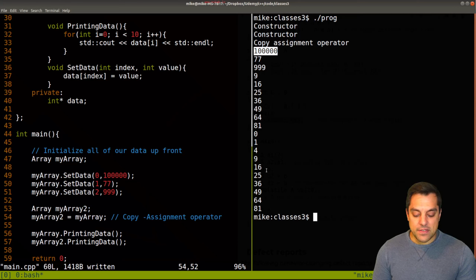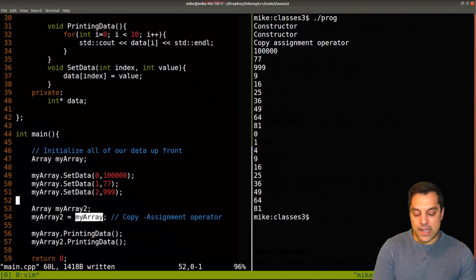Now I haven't done anything interesting here yet, so let's go ahead and figure out how to do a copy, so that when I reassign my data later, I should have these values 100,000, 777, 999 as the first 3 values here. Okay, so our copy